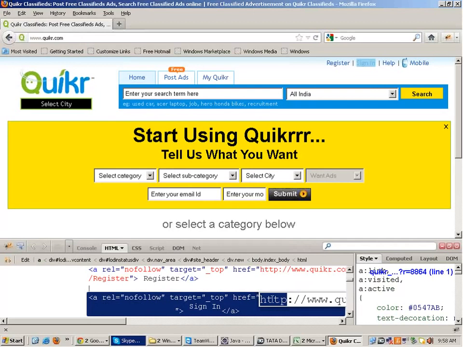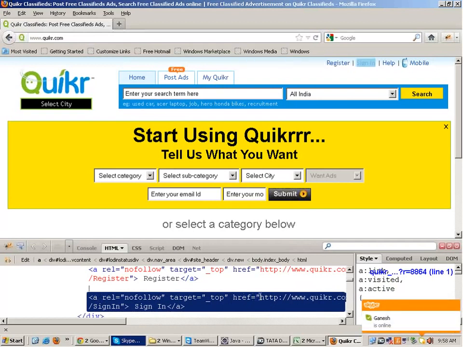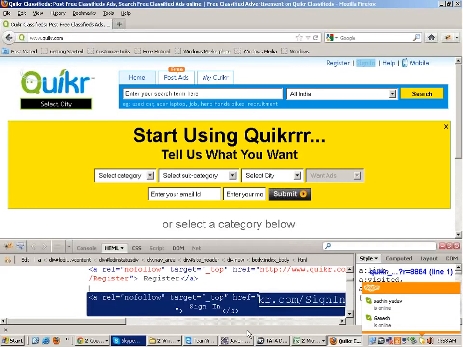And this is a mandatory attribute. It will always be found with the link. And this href attribute tells you the link which opens up when you click on the sign in link. The page, the link, the URL of the page which will open up, right? Similarly,